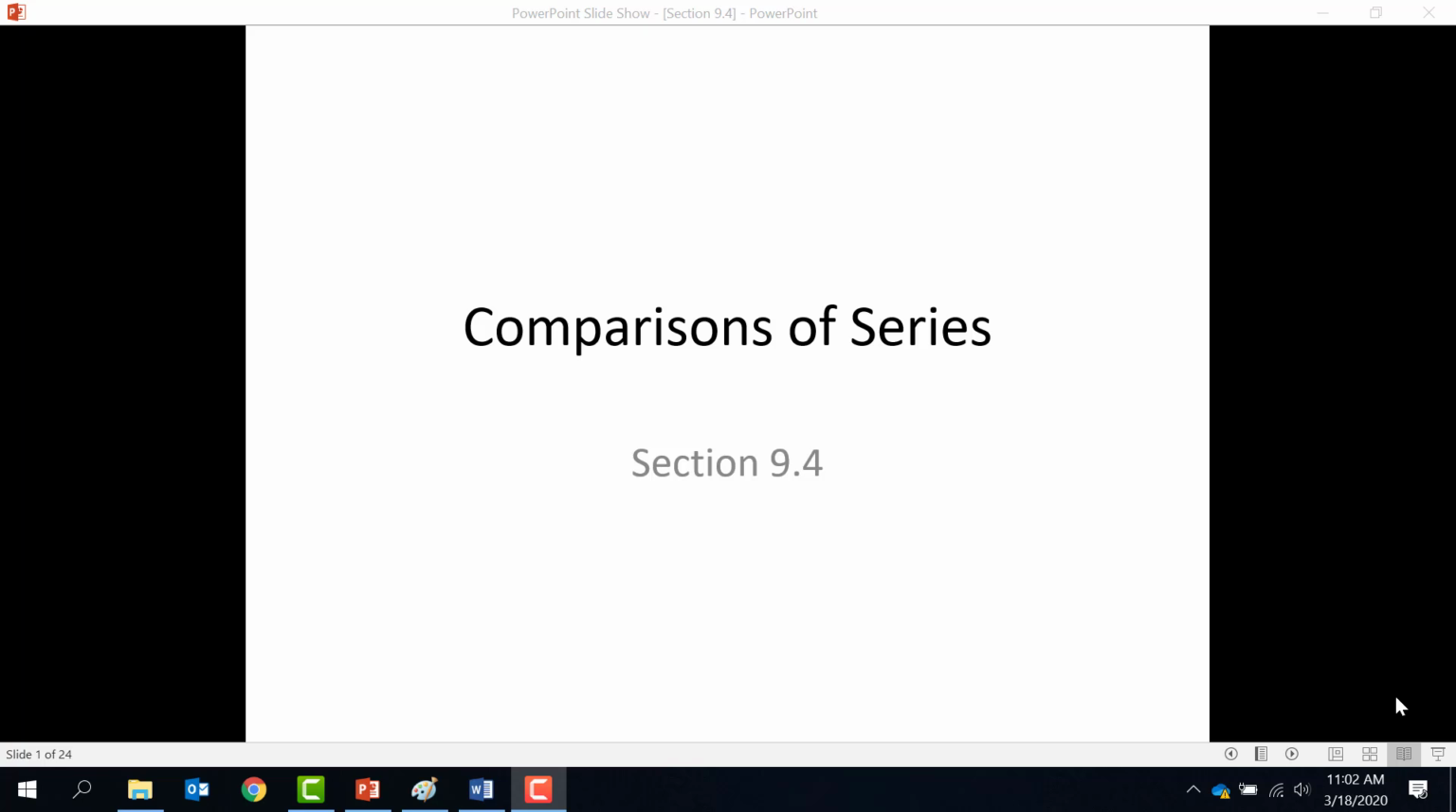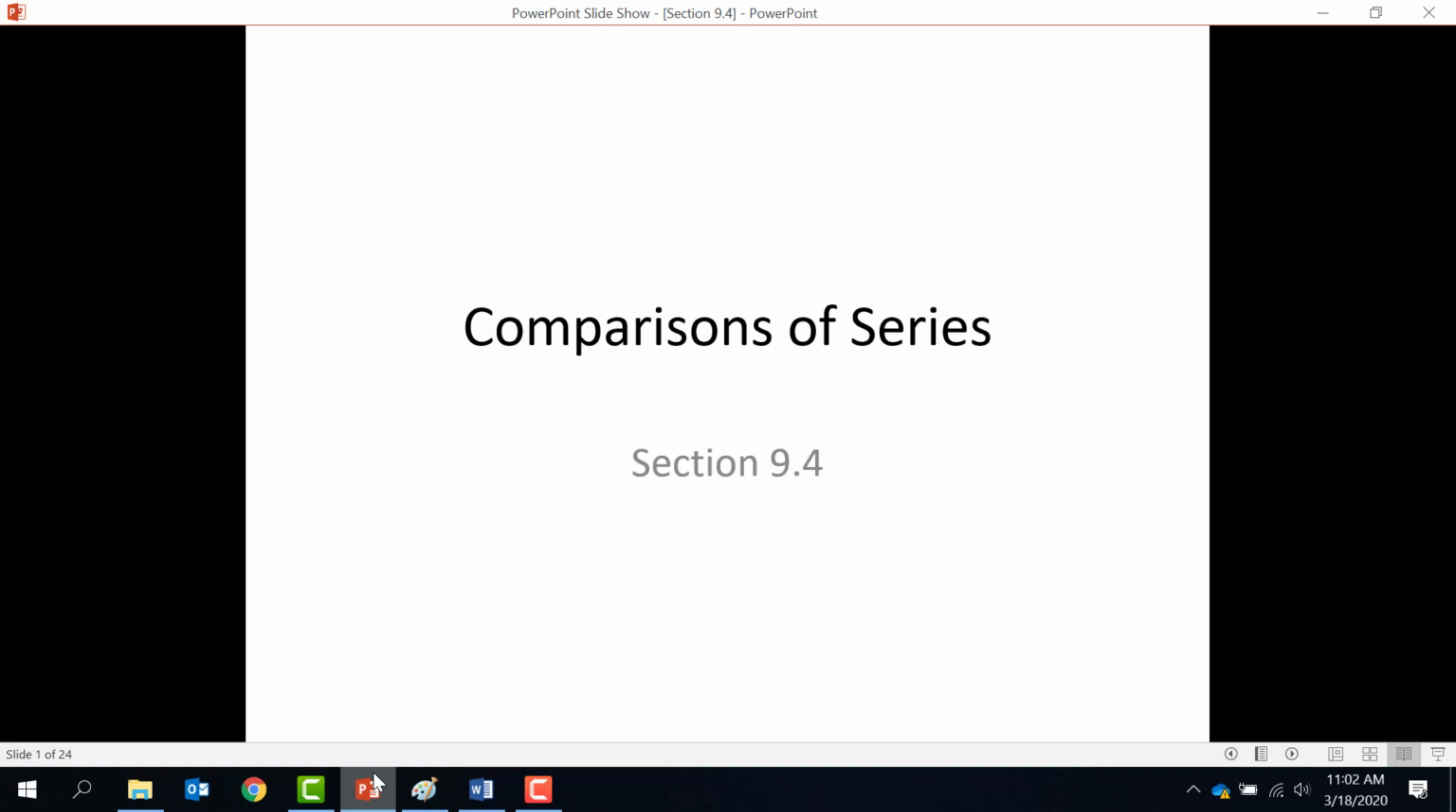Okay, so today we're going to be going over section 9.4 and we're going to be talking about comparisons of series. As I mentioned last time, what we're going to be doing in these next couple sections is trying to determine whether a series converges or diverges. We're not going to necessarily be able to tell what it converges to, but we just want to know if it converges or diverges. To be able to do that, we're going to compare our series